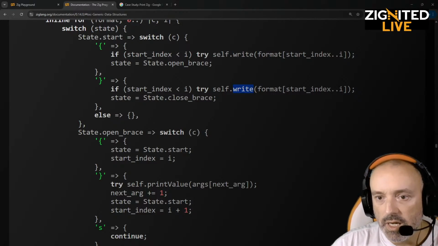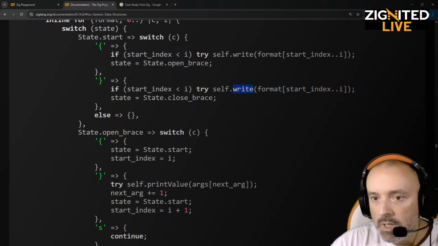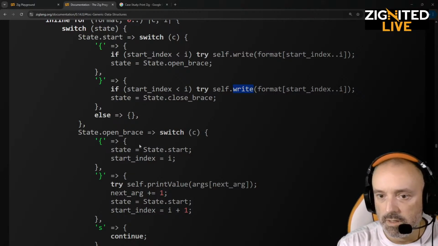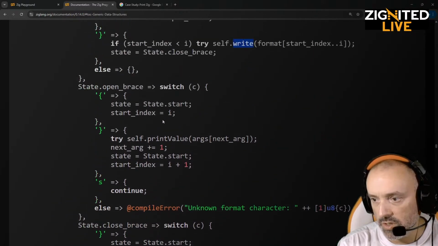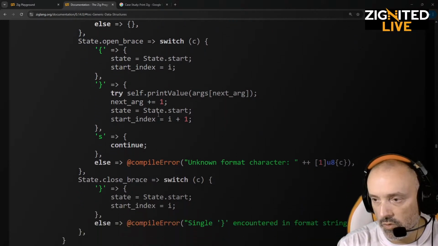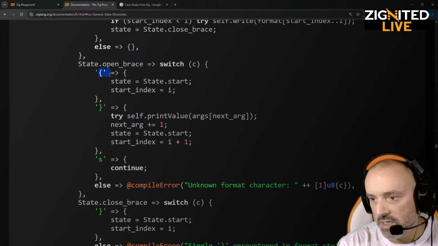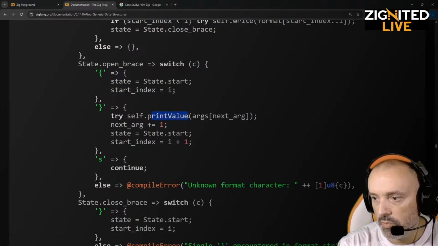Let me just see what you wrote. And I would not recommend to go through the current one since it's going to change soon. Yeah, so I'll just quickly go through it just because I started, and then we'll move on to the next thing. So basically, I see if they are encountering now the curly brace or the closing one, they are. So here, if it's closing, then of course it's the end of it. So then they try to print value with the args next arg. Okay, then they, and because of this